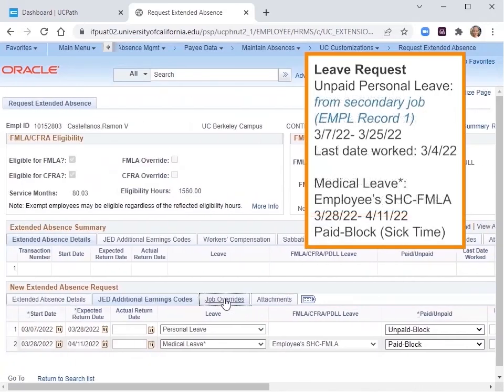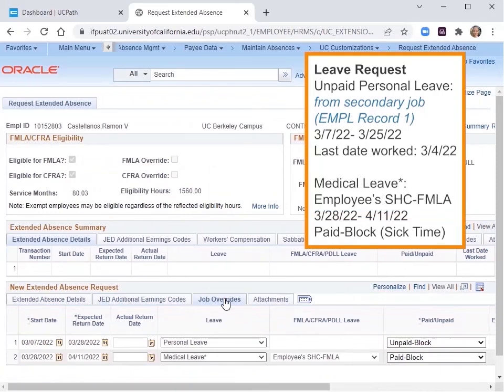When an absence request is entered into job data by the UC Path Center WFA production team, they enter it for all of the employees' active job records within the requesting business unit, so here at UC Berkeley. Records that are without salary, WOS, contingent workers, CWR, or short work break, SWB, are not put on leave.